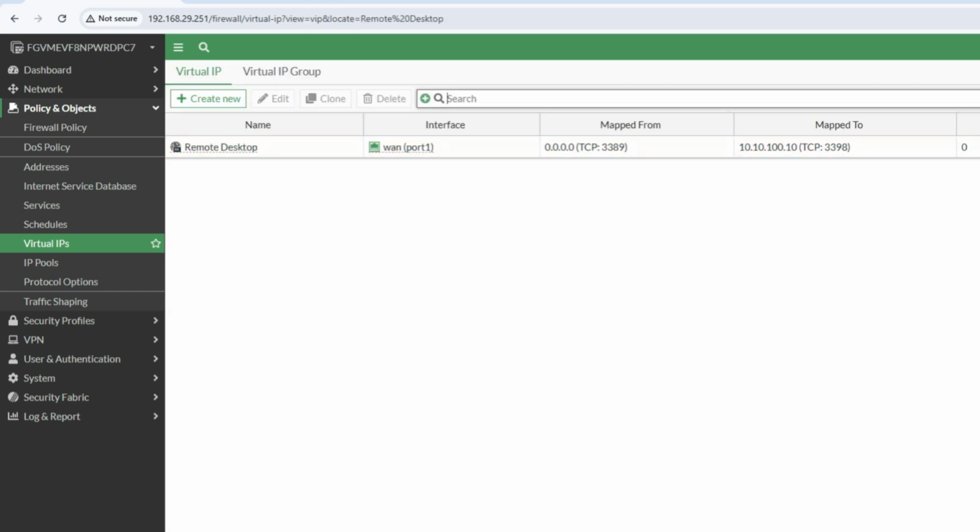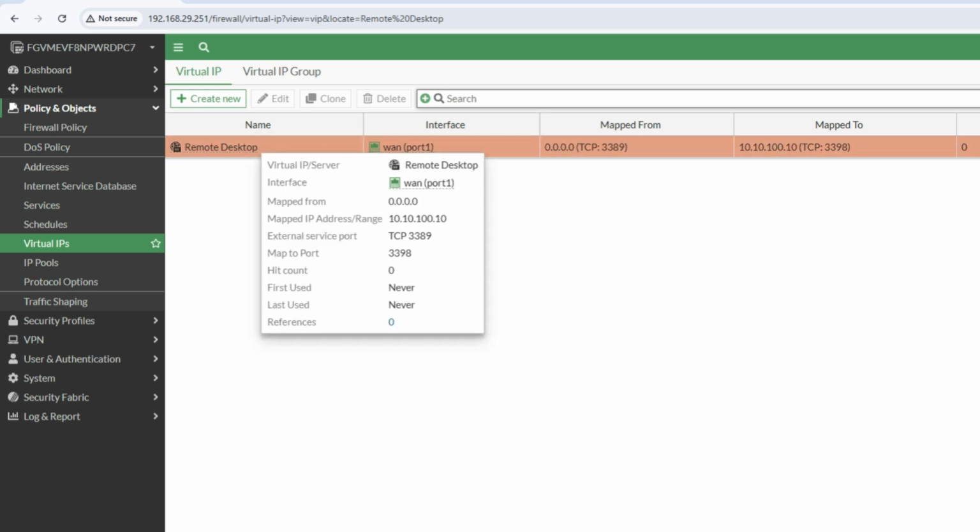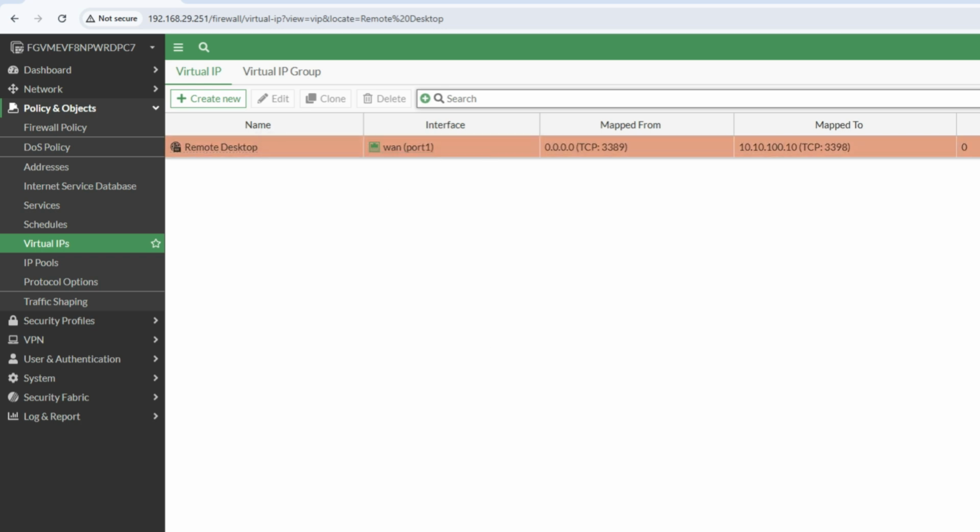Okay, so we have created the virtual IP object. You can see the name remote desktop, the WAN port, and map from 0.0.0.0, because we don't know the source, we will configure a static IP, and map to this machine, my machine, where I have mapped this. You can select here your address, server, or application, anything you can add. Once you have done this,